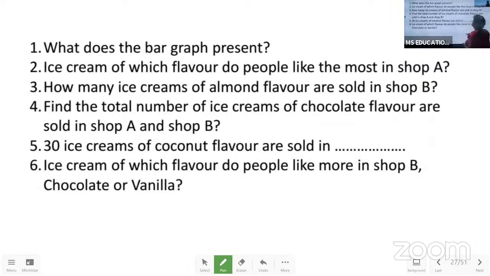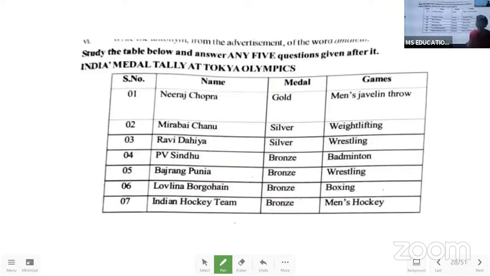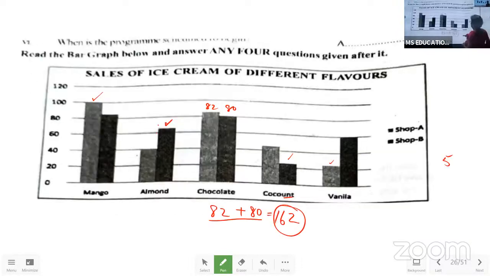30 ice creams of coconut flavor are sold in coconut 30. Actually, this is not right, it should be 90. Because 30, he says, actually should have been half. So you can easily say this is 90. So children, write 90